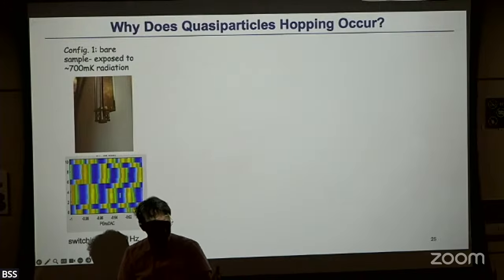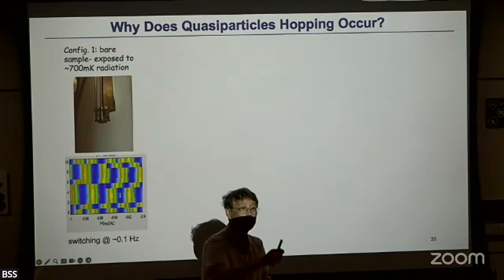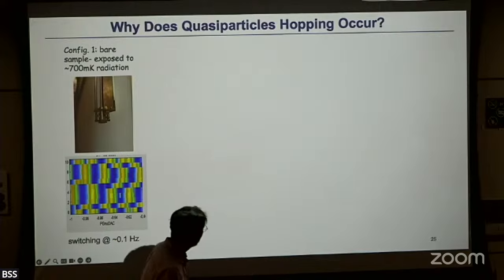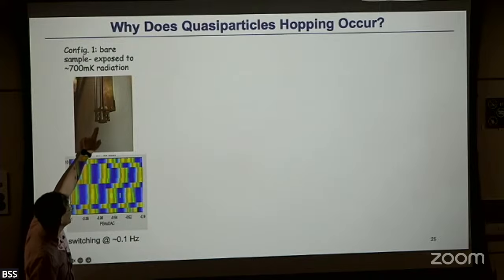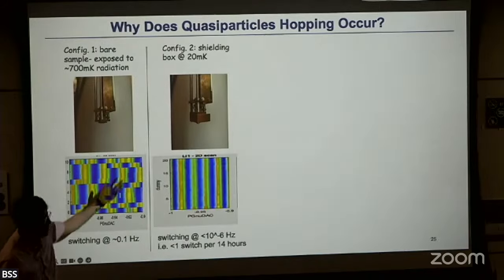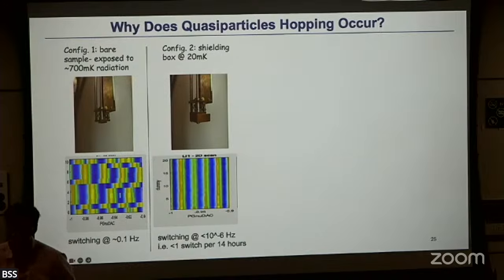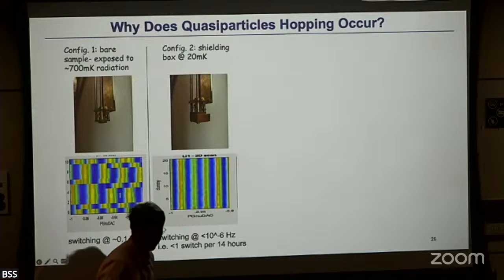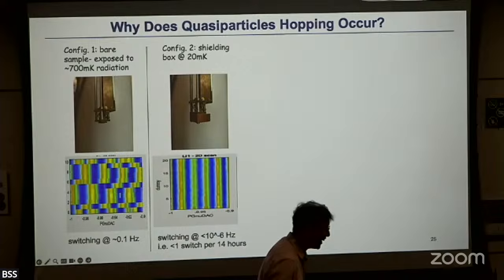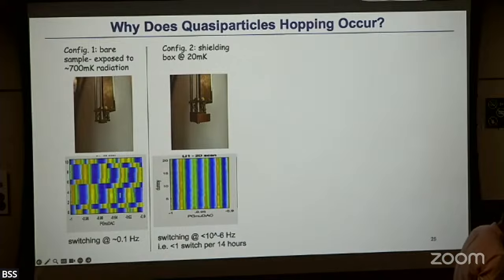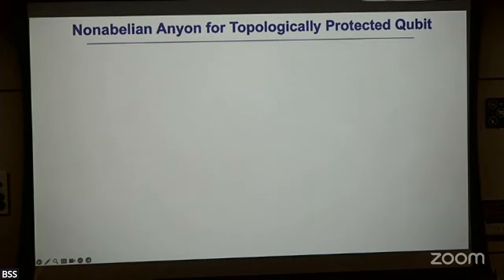And potentially that will give you the jolt for certain anyons to jump into the patterns in there, right? So how do we prove that? Well, this is our sample box. We just covered the sample rather tightly with a specially designed filter, right? And then the phase slips are all gone. So I think it was bad shielding we had. But nevertheless, it was lucky, right? And then after we do that, that's all gone. Okay. I have 0 minutes, so I will probably stop, but give you some